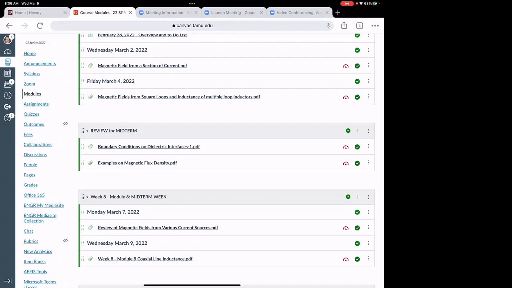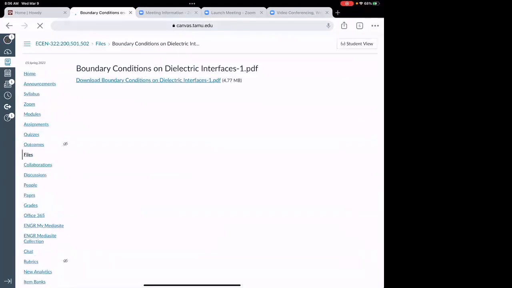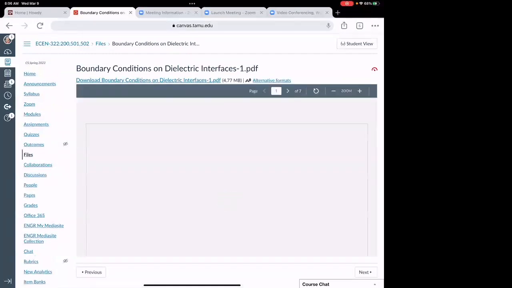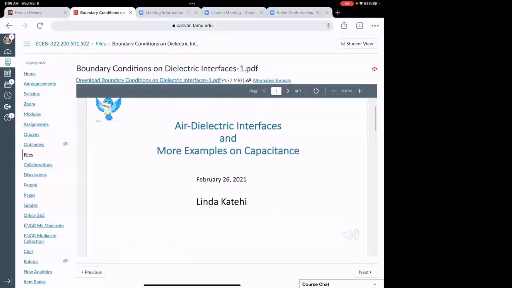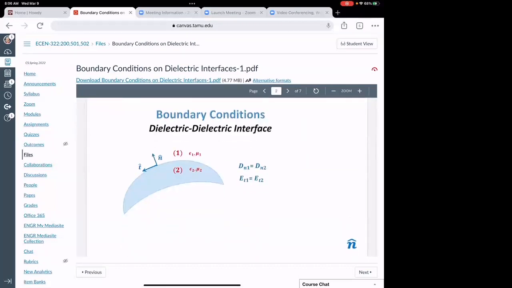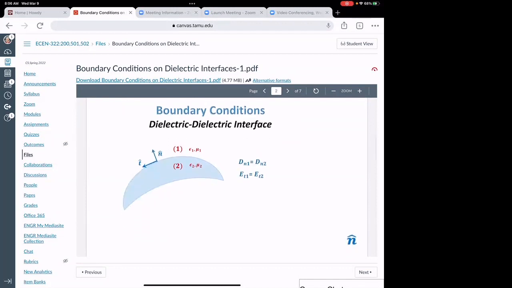Okay. So today, something that you may have already seen, the first part. We have talked already about the interfaces, all right? So this is a review of what happens on an air dielectric interface. And one thing that we've said is that there are two fundamental relations that we need to keep in mind at the interface. That the normal component,